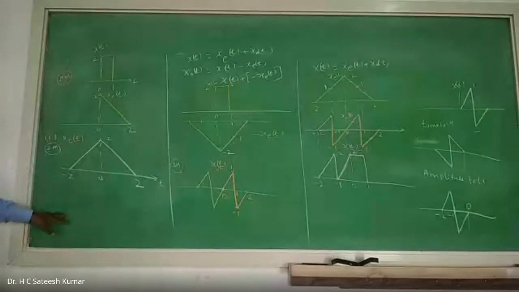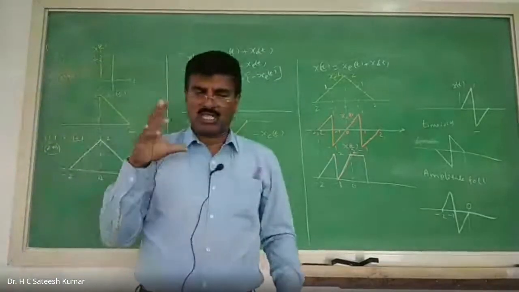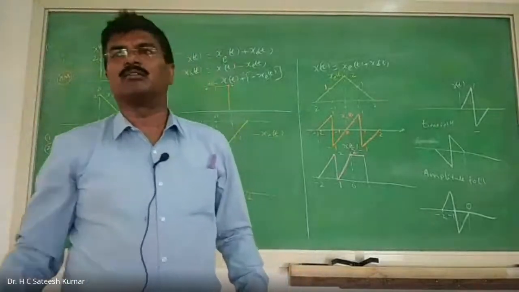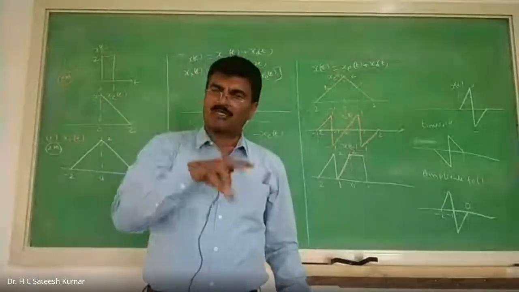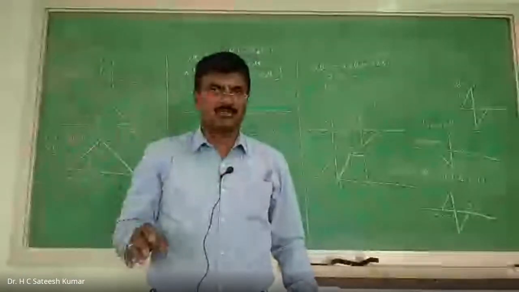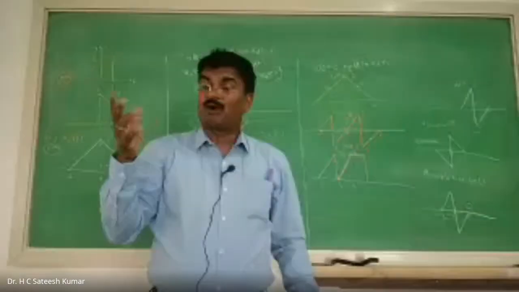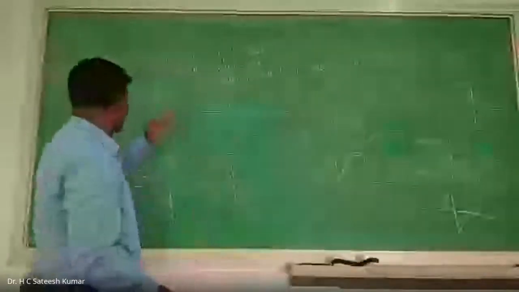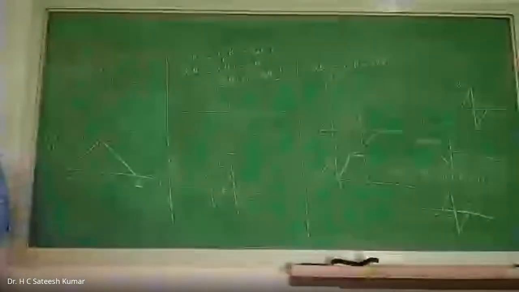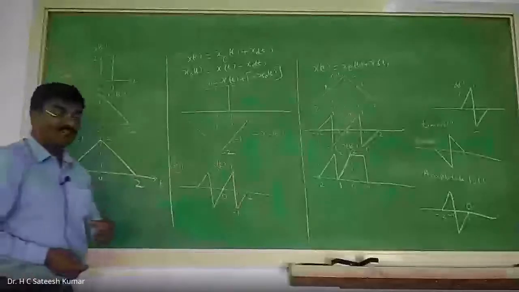And this is the toughest problem ever seen in the history of signals and systems on odd and even part. The speciality, generally why it is difficult, is that students have not come across such a problem until then. Either a signal is given and you find the odd and even part, that is fine. Or the odd and even part is given and you find the signal, that is also fine. In this case, half the problem is given, half the answer is given. You should find the other half of the answer and the other half of the problem. That is the reason it is difficult.